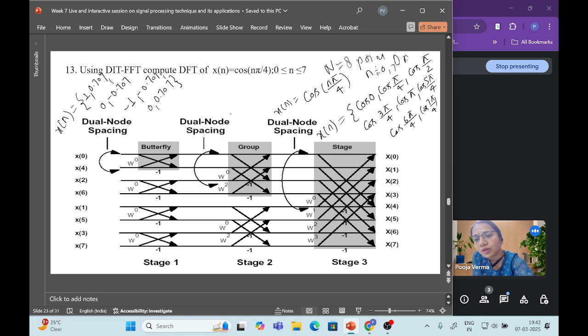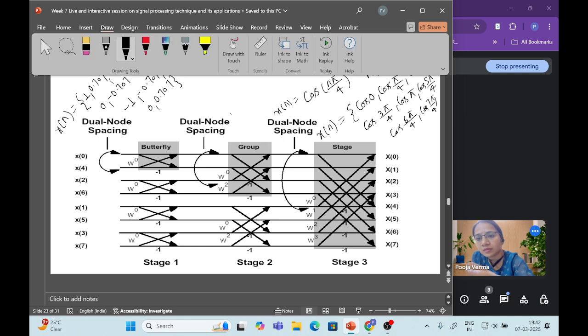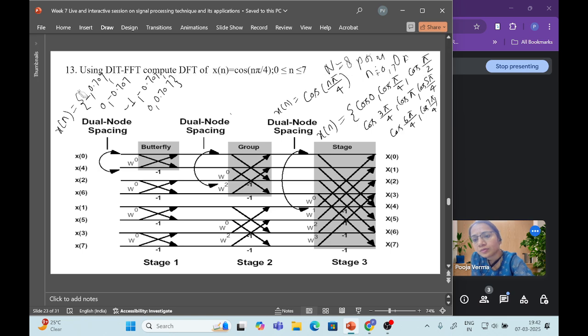Now we have to divide it into the even and odd part. So I can write it like this. I have less space, so if you rearrange this one,